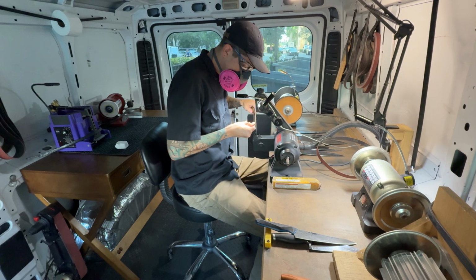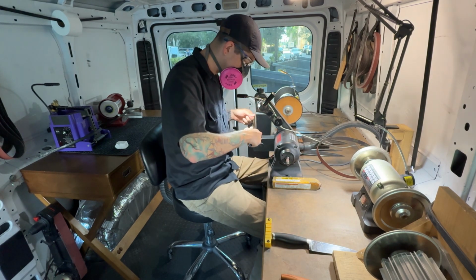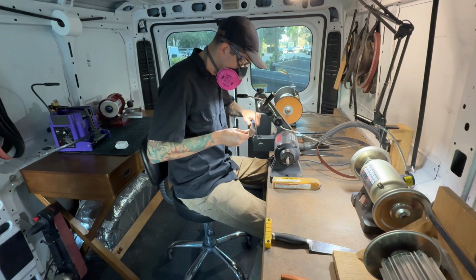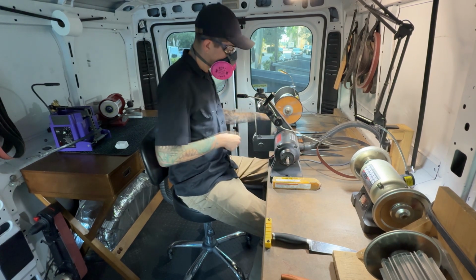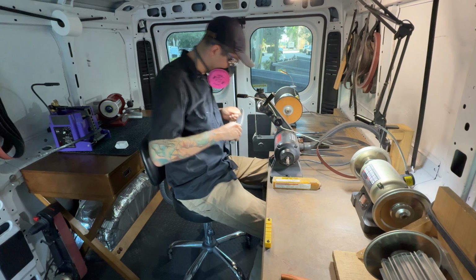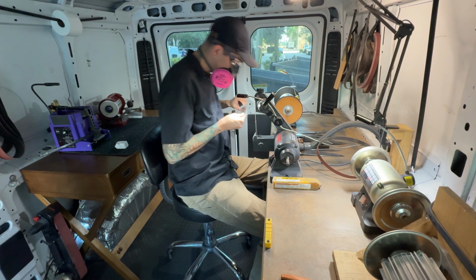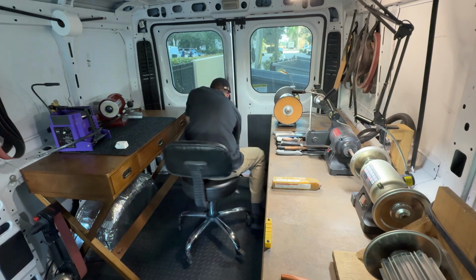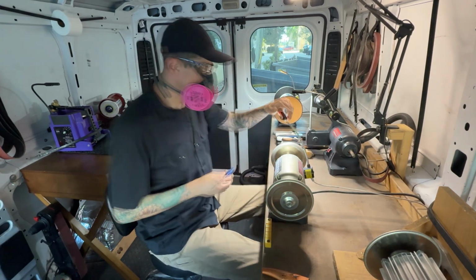This way I don't have to really think about it too much, and I don't have to look at the knife again and try to judge exactly what the angle is. I just pick up each knife and make a determination right then and there of how much angle I want to give it. Now we are done with the second step for all of those straight edged knives, and going straight on to